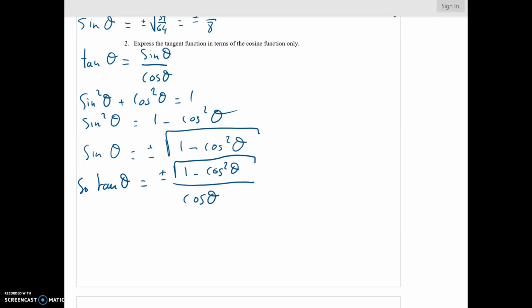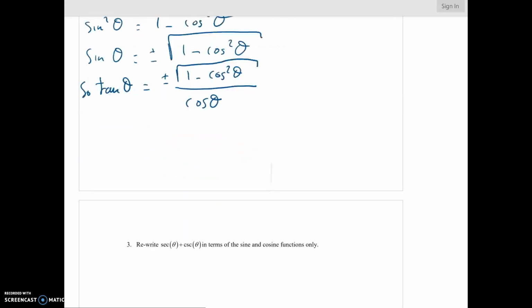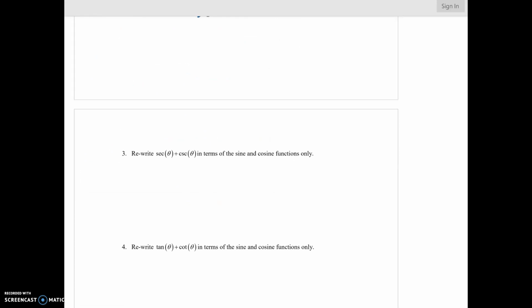How to decide which expression I'm going to take? Is it going to be plus or is it going to be minus? That is knowing in which quadrant you will be, and that will help you to define which sign you are supposed to find. All right, now let's jump on the next problem,